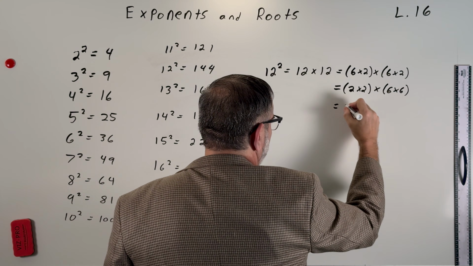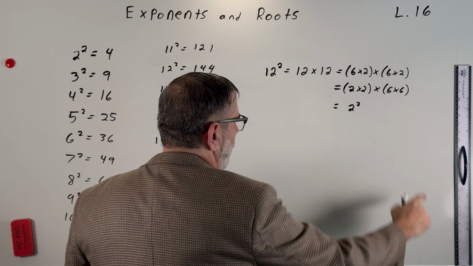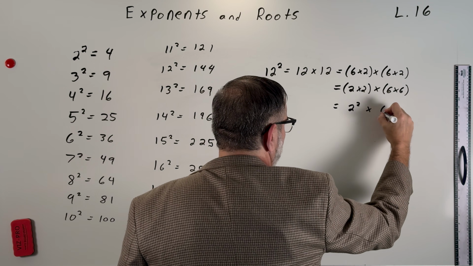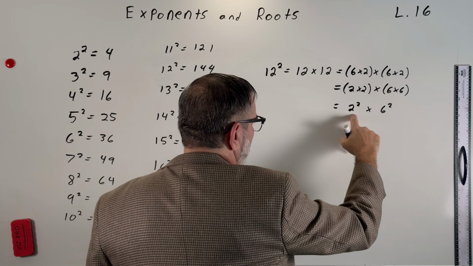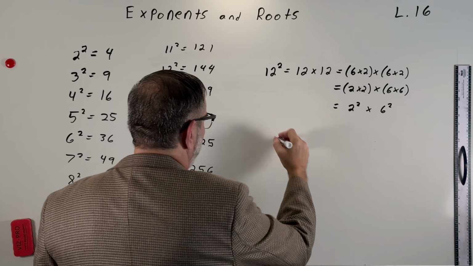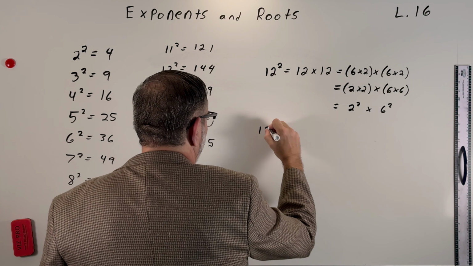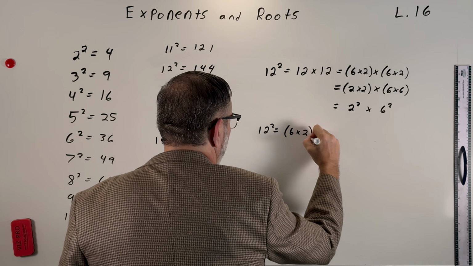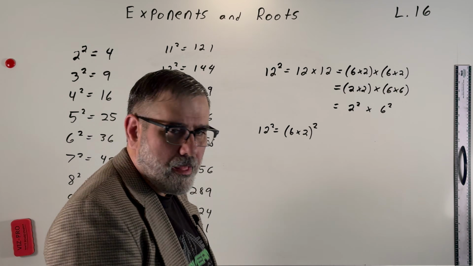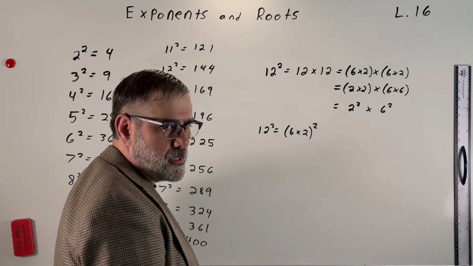That's just, by definition, 2 squared. And what is 6 times 6? Well, that is, by definition, 6 squared. And so you see that we can write 12 squared as 2 squared times 6 squared. Another way to think of this is we could have said, okay, 12 squared is equal to 6 times 2 squared, the whole thing. And it turns out that one of the properties of exponents, which we'll learn more about in the next lecture,